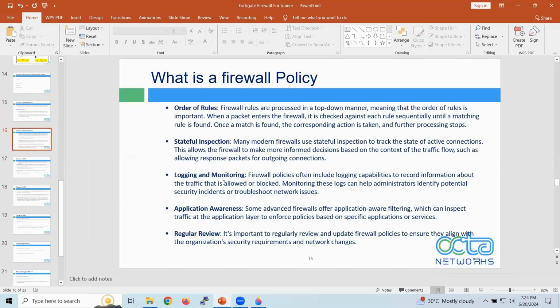Let's move forward. As we discussed, order of rules, right? Firewall rules are processed in a top-down manner, meaning that the order of rules is important. When a packet enters the firewall, it is checked against each rule sequentially until a matching rule is found. Once a match is found, the corresponding action is taken and further processing stops. Okay,